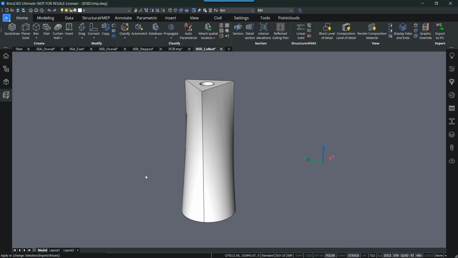It might take a while to load, since it's a more unique geometry with all the curved walls inside, as well as the atrium in the middle.